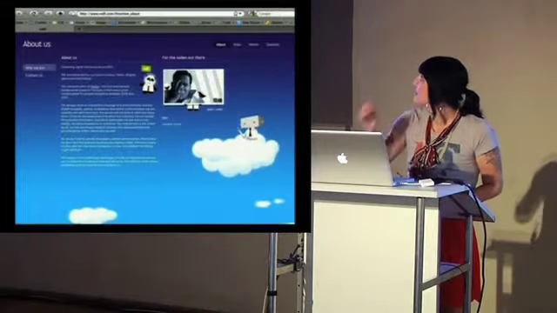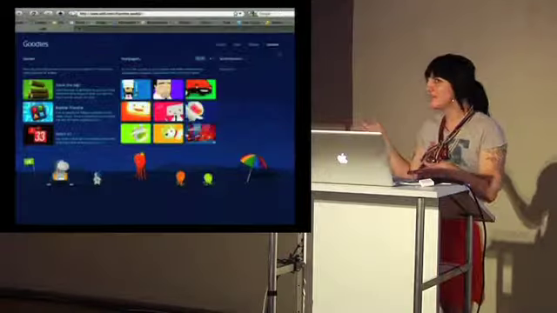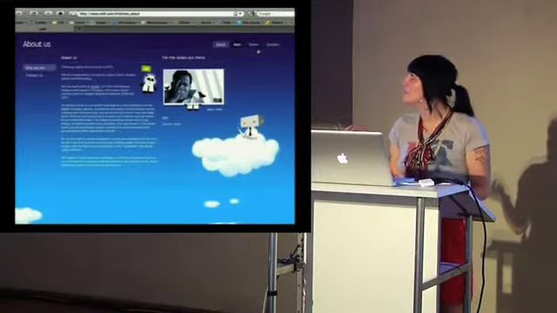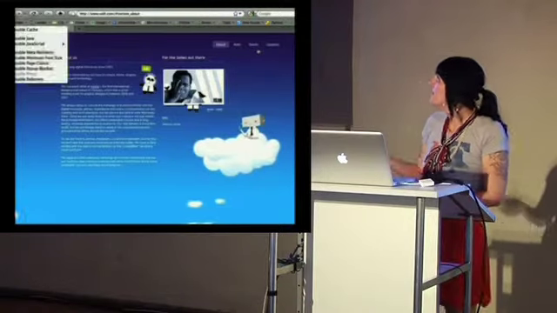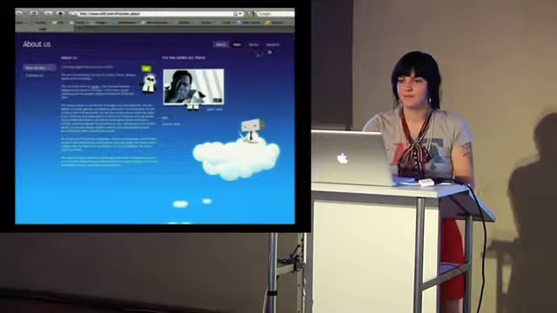This is a site that does it really nice. The animations are really fast, so you still get the effect of neat little navigating around. And then the site still also works without JavaScript. I won't show you all this to save time, but it'll jump through to the proper place.